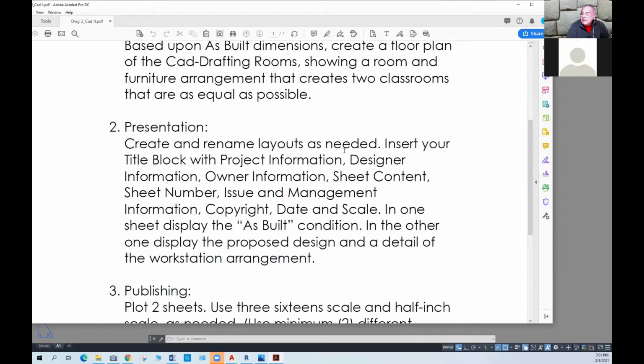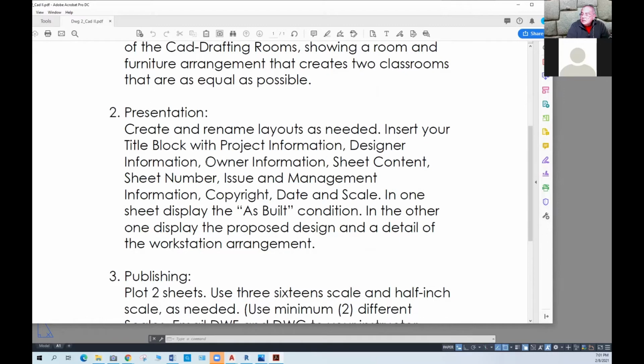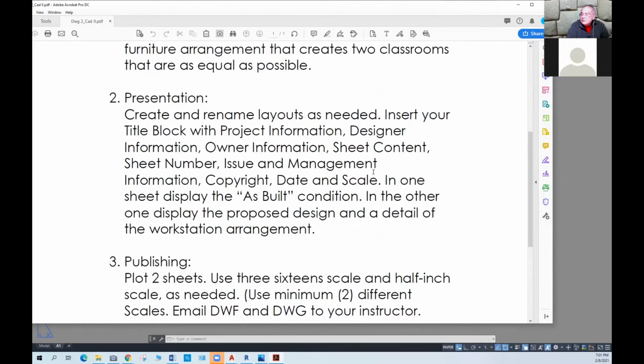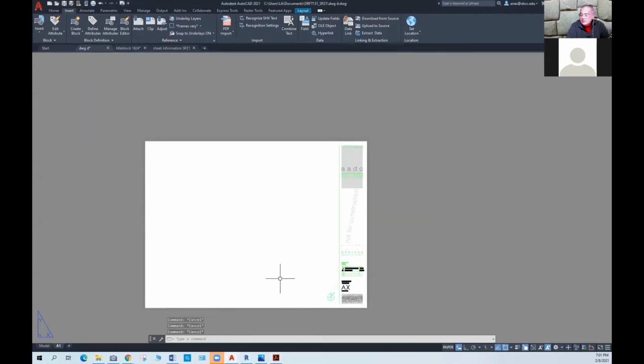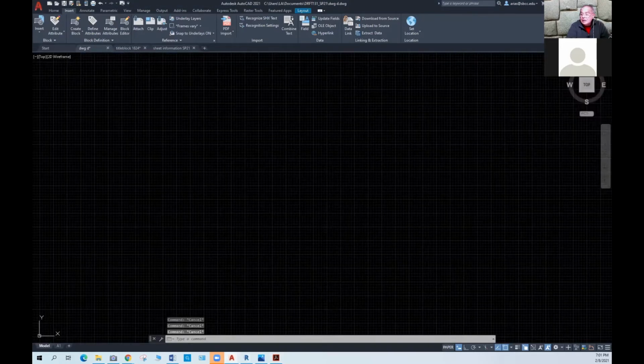Create and rename layouts as needed, insert title block with all the information. And one sheet displayed the as-built condition, and the other one displayed the proposed design and a detail of the workstation arrangement. Okay, so first thing I need to do here is to create viewports, right? On drawing D, which is the drawing I am in,